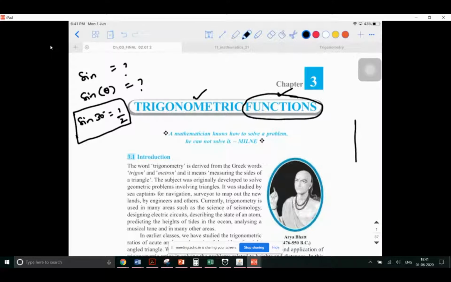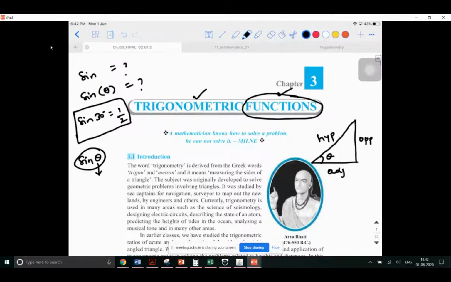Okay. So as we know, if I take this as theta, then with respect to theta, this is called as the adjacent side, and this is called as the opposite side. This is called as the hypotenuse. So you have different things, right? So if I say sine of theta, the theta can be anything between 0 to 90 degrees or at the maximum less than 180 degrees it has to be. Okay, it cannot be 180 because you cannot form a triangle. So you'll have different angles. As of now, you would have learned it between 0 to 90 degrees. Let's have it with that in the mind.